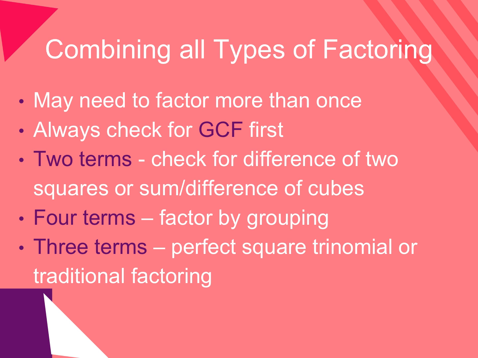Your first step should always be to look for a greatest common factor. After that, maybe there's only 2 terms, and then you're going to look to see, is it the difference of 2 perfect squares? Is it the sum or the difference of 2 perfect cubes? If there's 4 terms left behind, then you could factor by grouping. Or if there's 3 terms, it could potentially be a perfect square trinomial, or you may have to use the